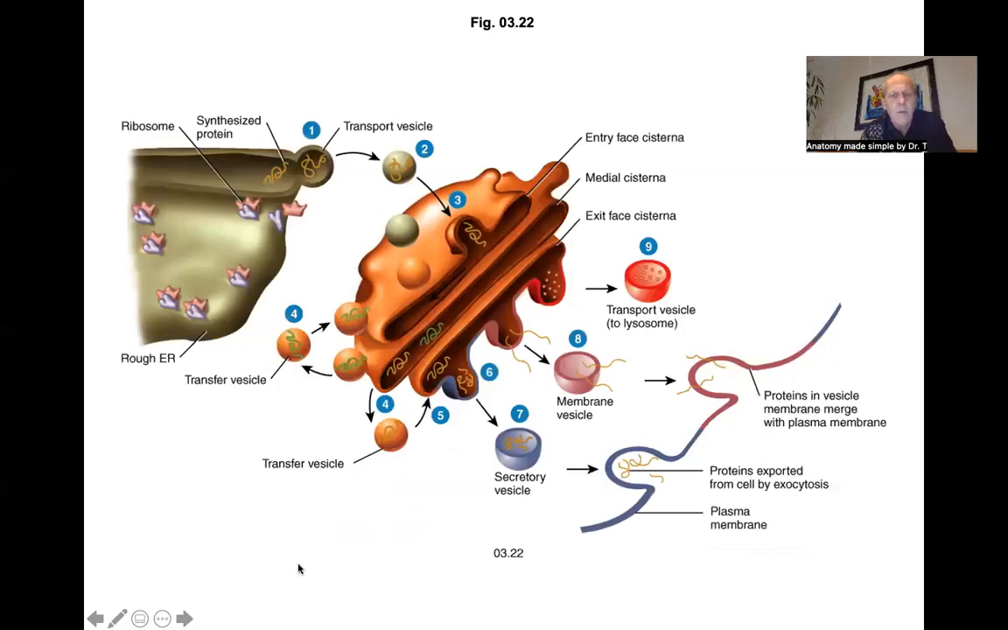On this slide, we can see a little bit better, a little bit closer, what's happening. This is rough endoplasmic reticulum, and we see here synthesized protein within the RER getting into its own transport vesicle, which pinches itself off and moves away from the endoplasmic reticulum. It travels a short distance before it lands on the surface of the Golgi apparatus, and the protein, which is now